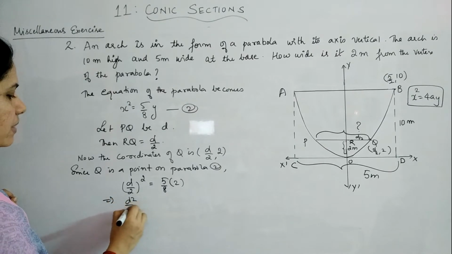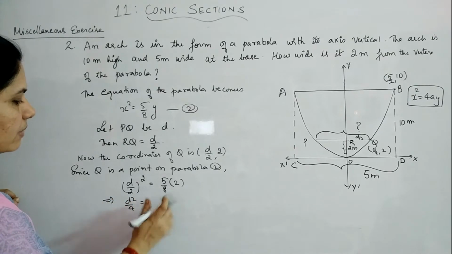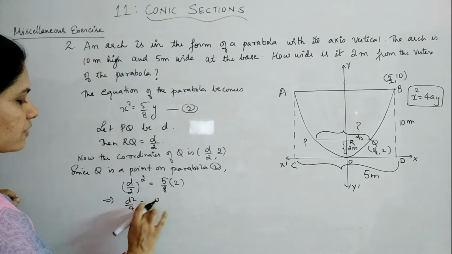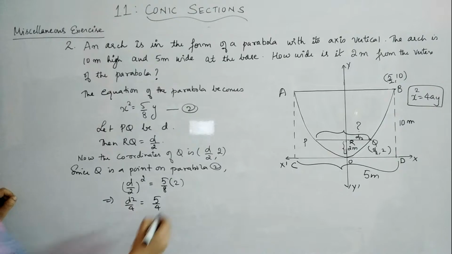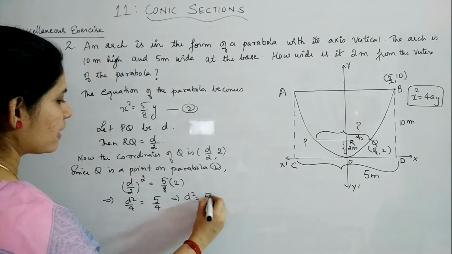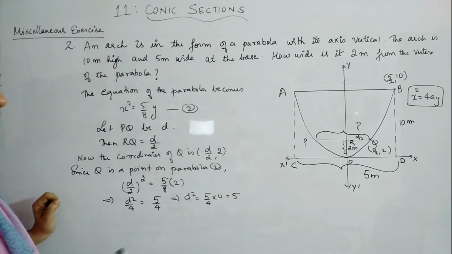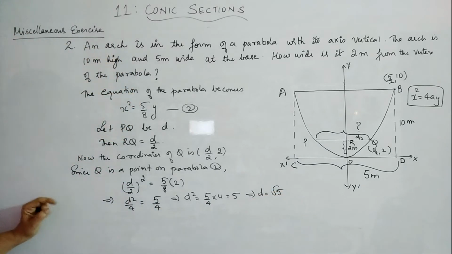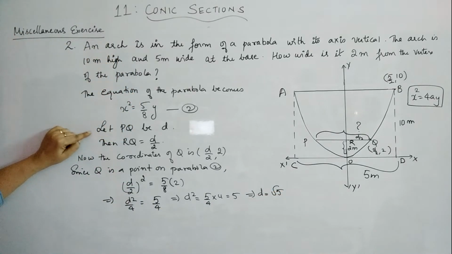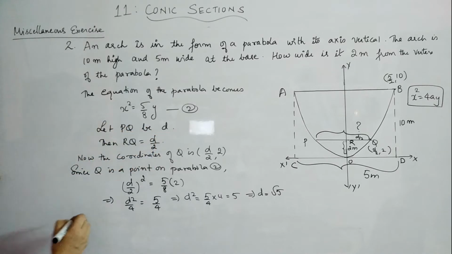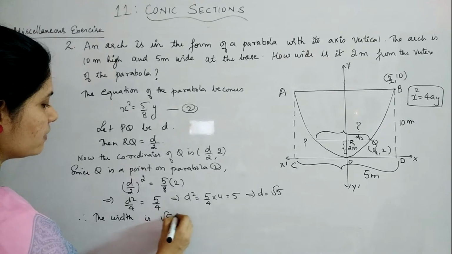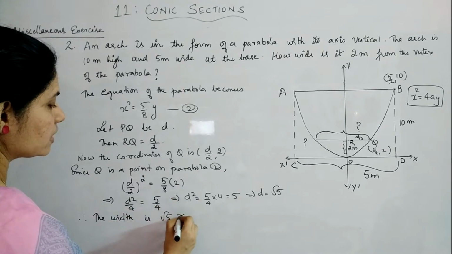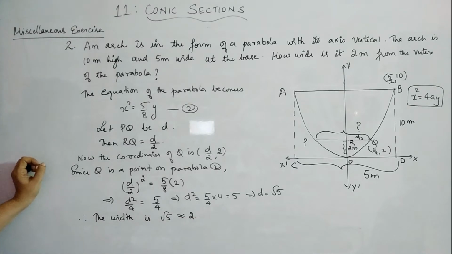So you will get D by 2 the whole square is equal to 5 by 8 into 2, which will give you D square by 4 is equal to 10 by 8, or you can just cancel, it is 5 by 4, which will give you D square as 5 by 4 into 4, or 5. That is D is equal to root 5. So D is what we need, that the distance PQ we have taken as D. Therefore, the width is root 5, or you can say it is approximately equal to 2.24,